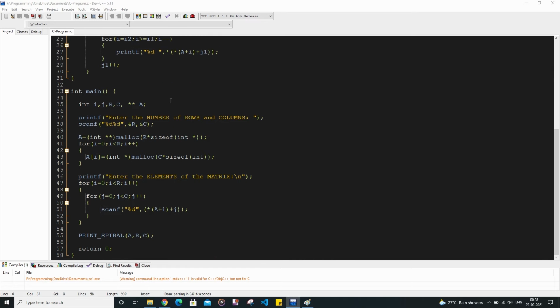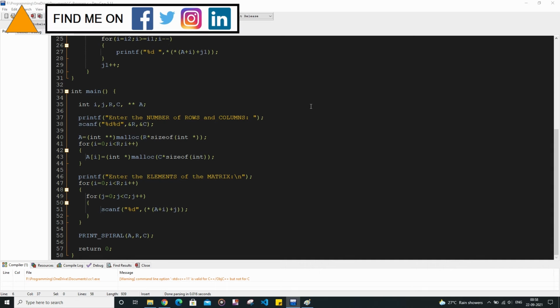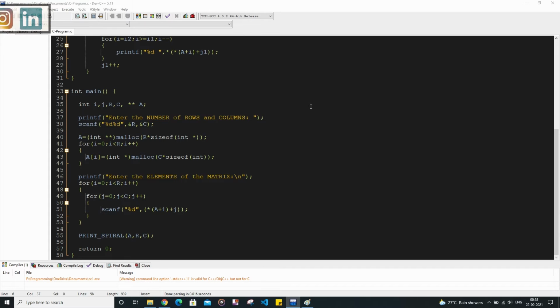So first of all, let us go to the main function. Inside the main function I have declared 5 variables: i, j, r, c and a double pointer a. First, we are going to take the number of rows as well as columns as input and store them inside the two variables r and c respectively. After that we dynamically allocate memory to the double pointer a.